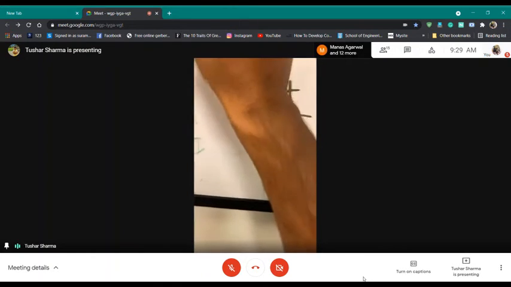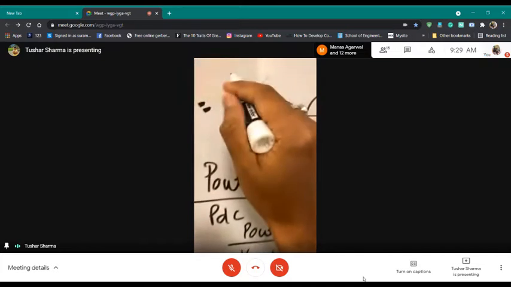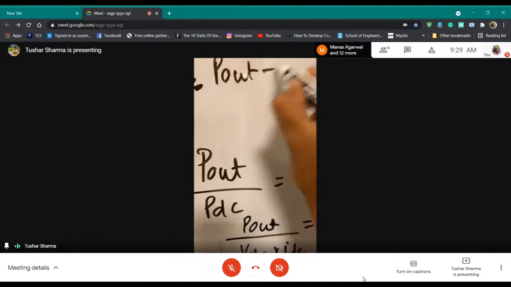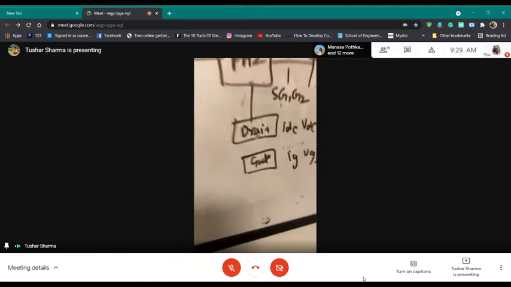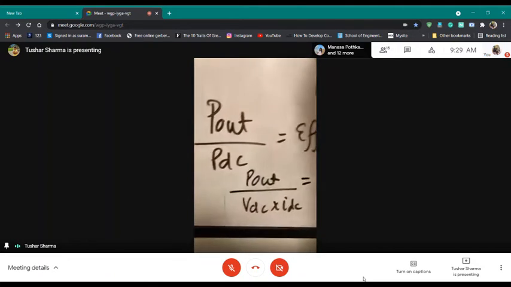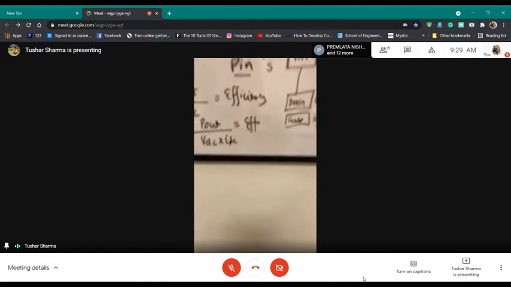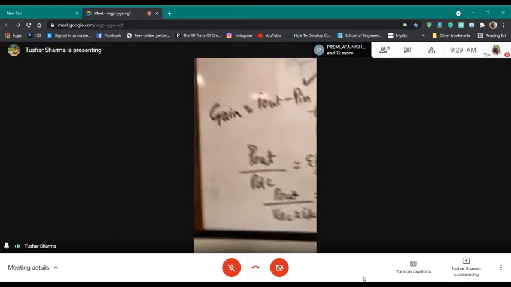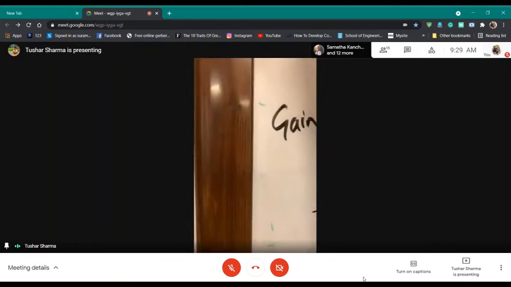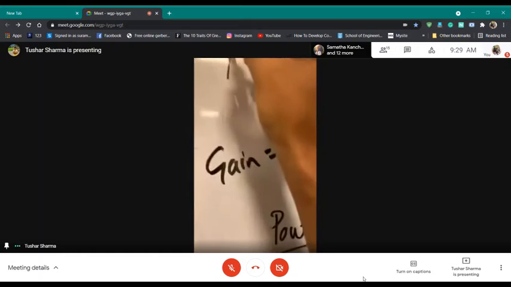Okay. Now the second thing is gain. Gain is what? P out minus P in. So whatever I am measuring here, I'm subtracting this and I'm getting the gain. So technically, when you design different types of amplifiers, you want to have good efficiency. And I explained this to you, right?